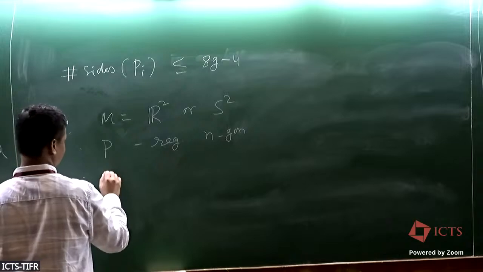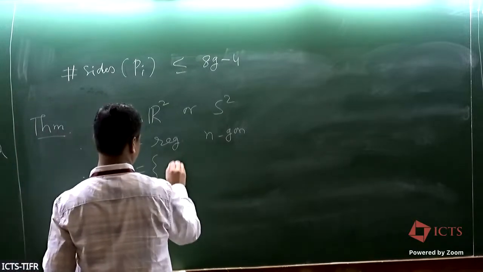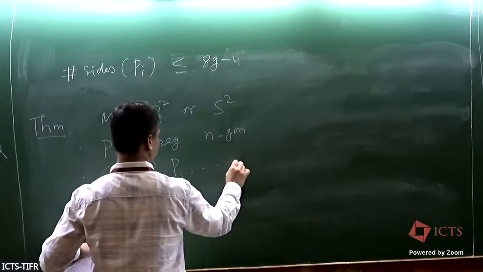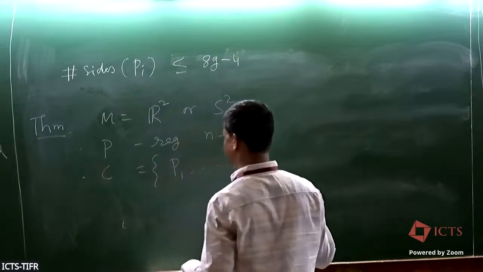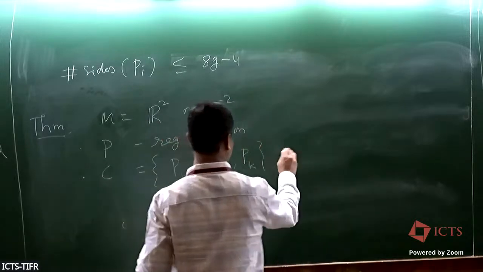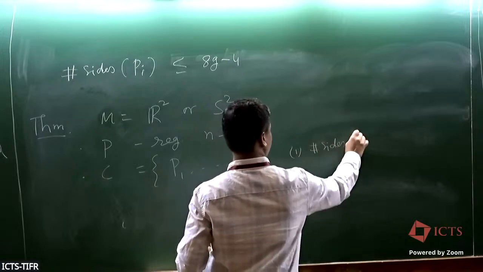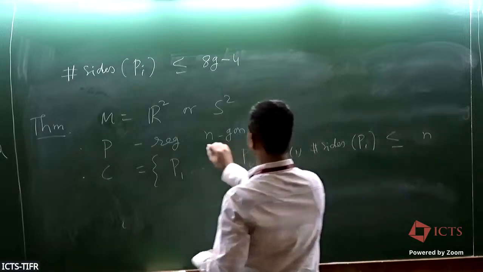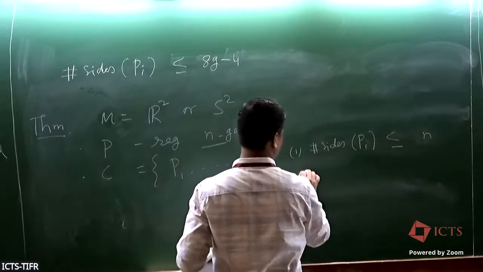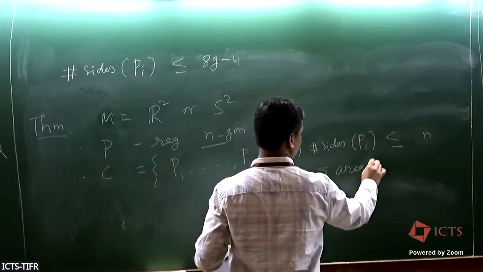If C is any configuration of polygons P1 up to Pk such that the number of sides of Pi is less than or equal to n, and the sum of areas of Pi